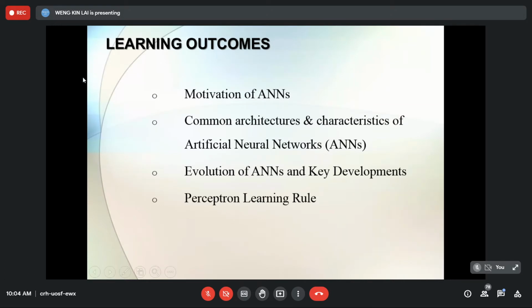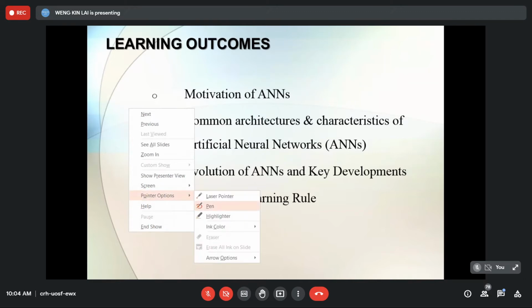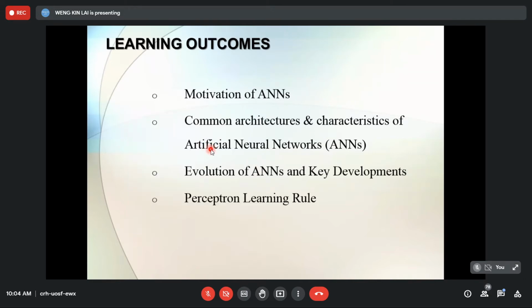Then we move on to look at some of the common architecture and the characteristics of artificial neural networks. And later today, we go on to the next part, which is the evolution of artificial neural networks and some of the key developments and some of the key people that contributed to this,